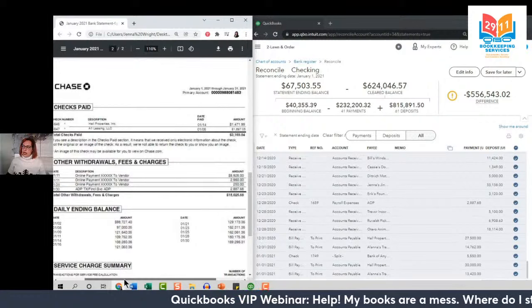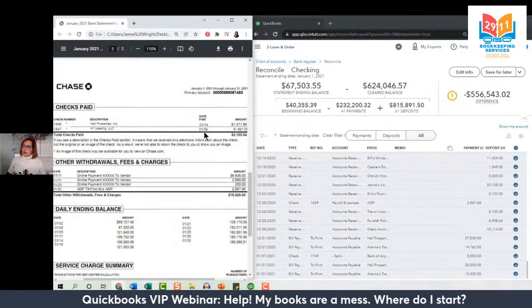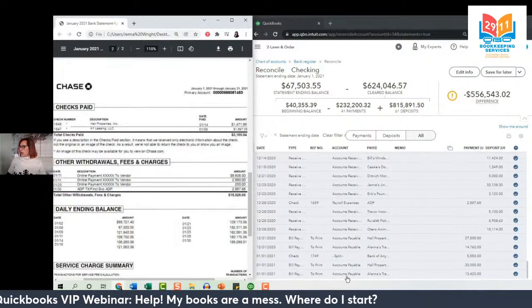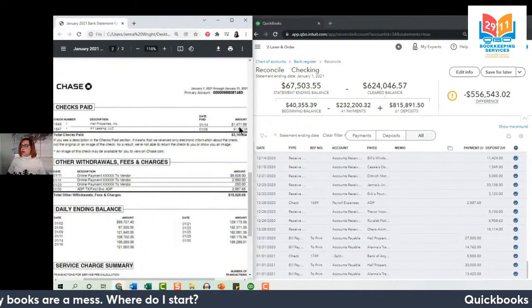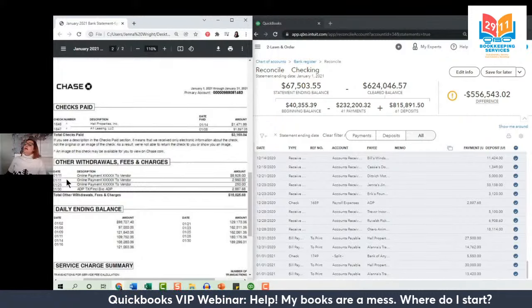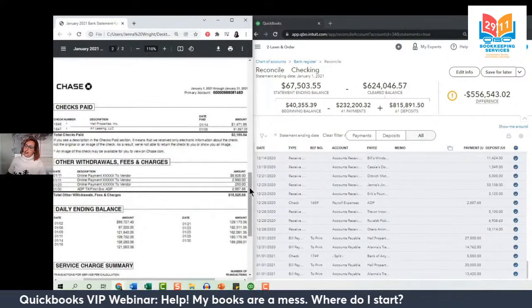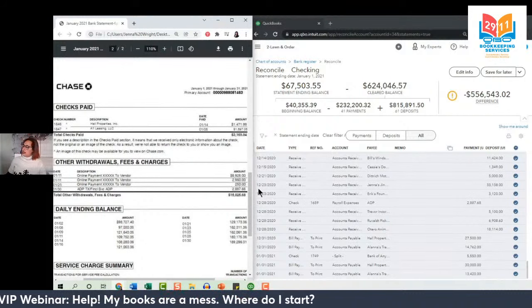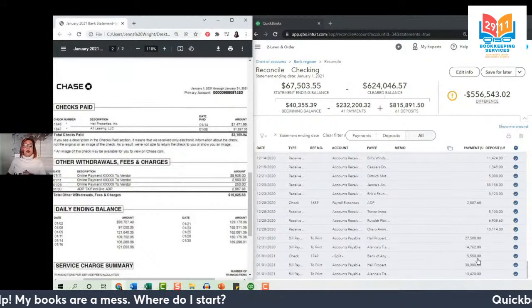Some checks paid here. First transaction occurred on the 8th, $1697.05. That does not appear here. Second one on the 14th, $1471.99. That also does not appear here. And our first transactions from January here when it comes to other payments on the 11th, $8928 and $2960, and they also don't appear here.